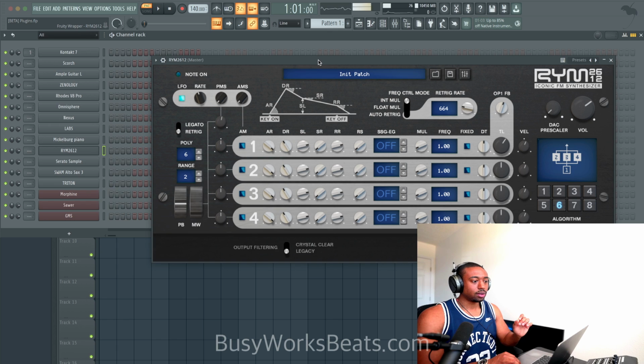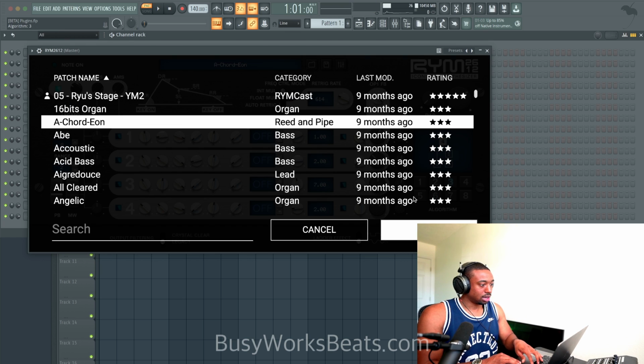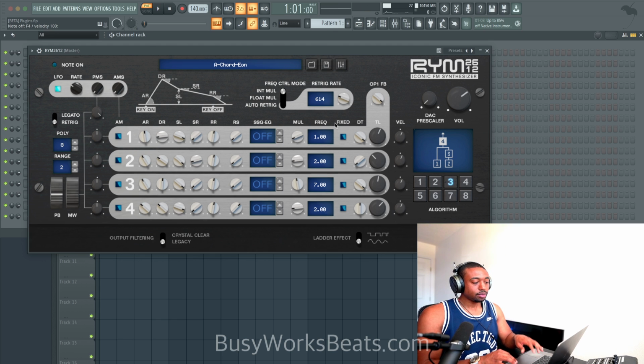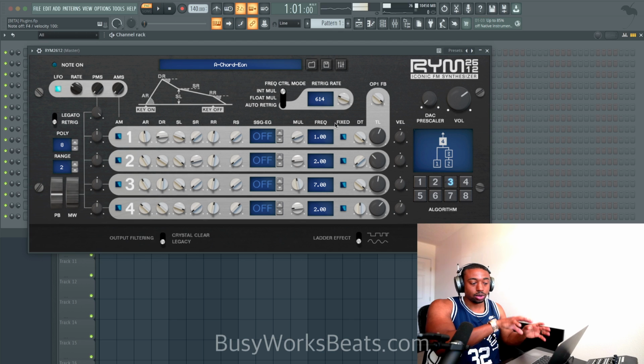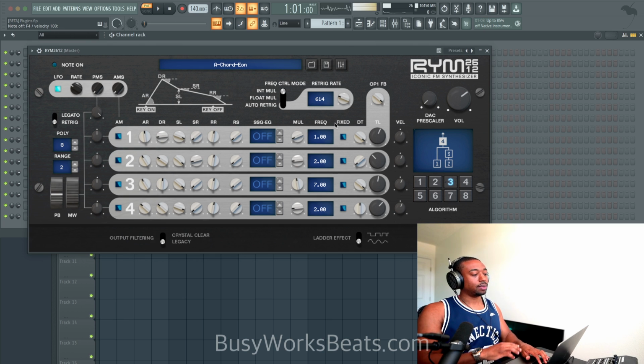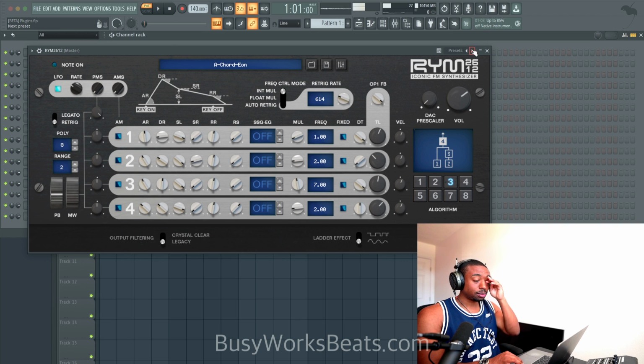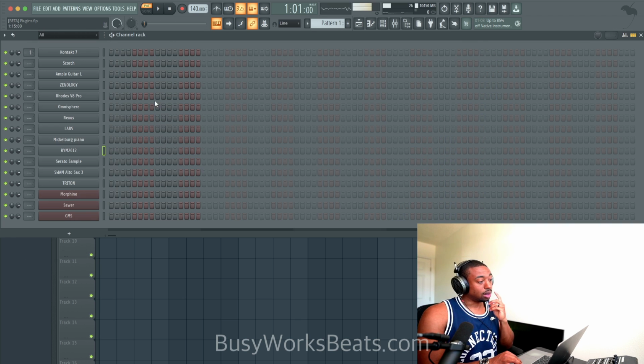This next plugin I learned from DJ Ab McCree. At the time, I didn't realize what it could actually do. So you might think this is just load a patch, play. But what this actually does is you can drag and drop video game sounds from real video game libraries from the 80s and the 90s and the 2000s directly into here, and you can get the actual sound that you heard in the video game. So it's pretty intense. I have a video on my channel going through the whole process of how to do it because it's not straightforward. You've got to use a couple tools, but well worth watching that video.